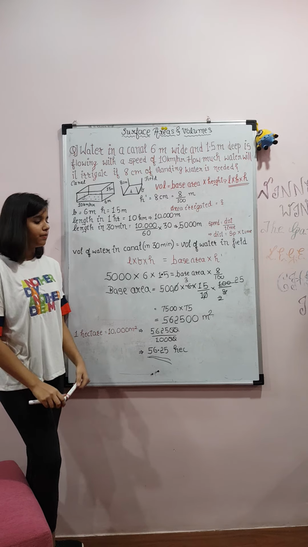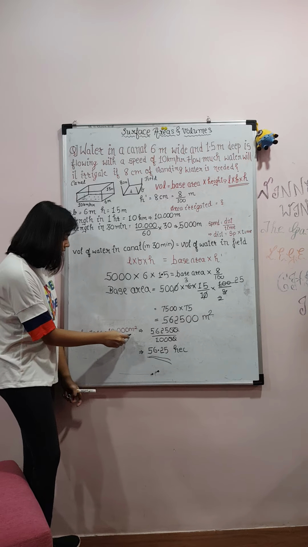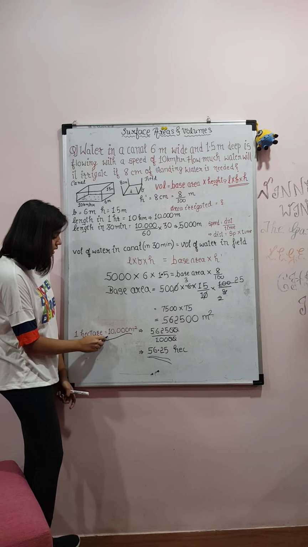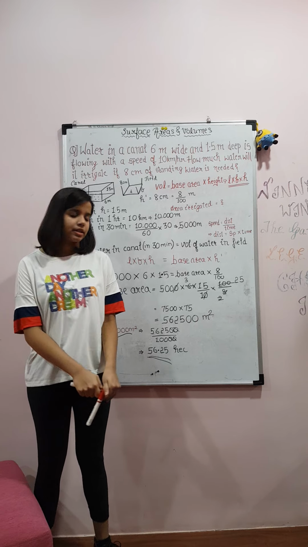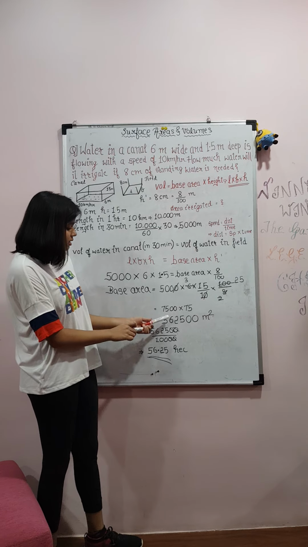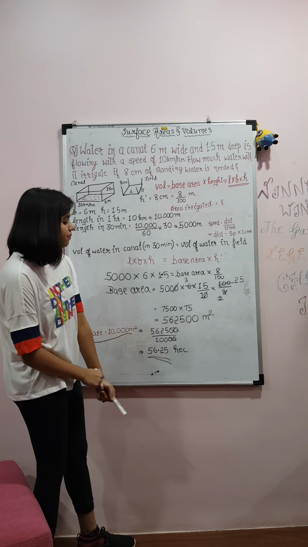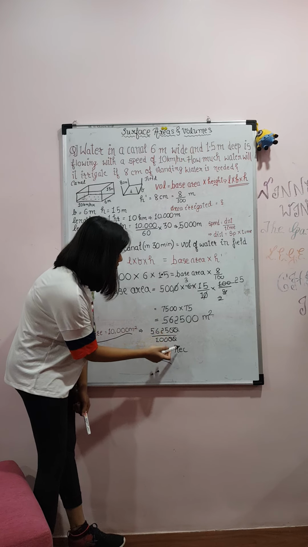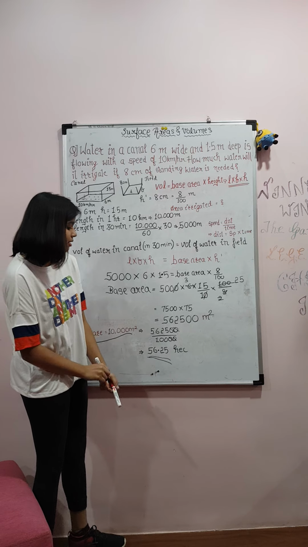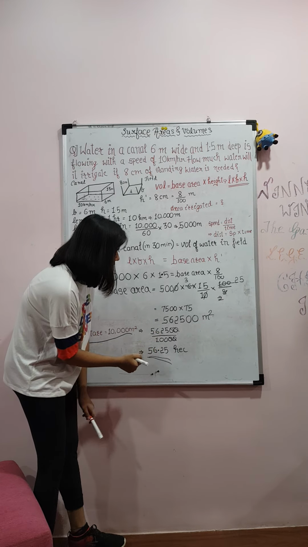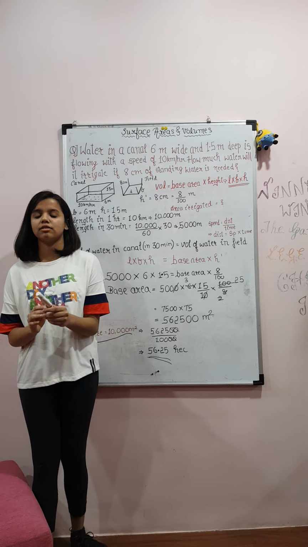For that, we'll need to find the relation between meter squares and hectares, which I have written here. 1 hectare is equal to 10,000 meter square. Also, in your NCERT textbook, they have given the answer in hectares. So 5,62,500 meter square, we will divide it by 10,000. First we'll cut the zeros, and then here we have 5625 divided by 100. So we'll shift the decimal to the left by 2. So finally we'll get the answer 56.25 hectares.